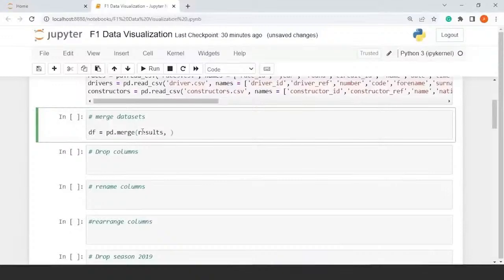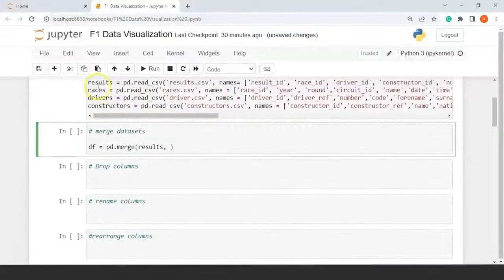First I'll use the results data frame that we just imported above, this one, and I'm going to merge it with the races data frame, and from the races data frame I'm going to take specific columns like the race ID, then I need the year, after that I need name. Next I'm going to take the round column as well,